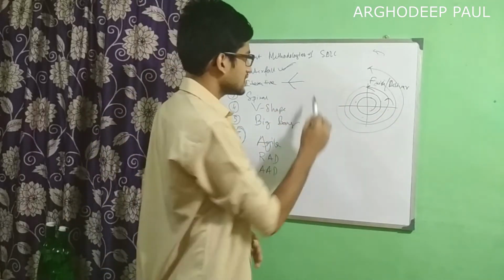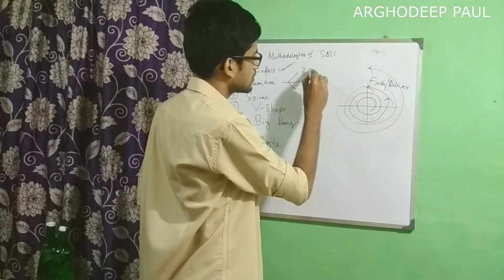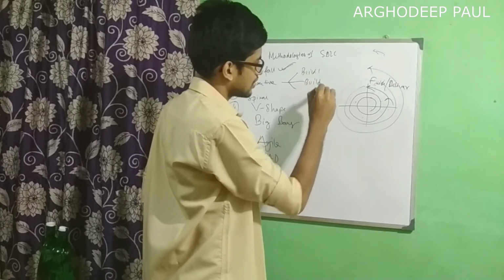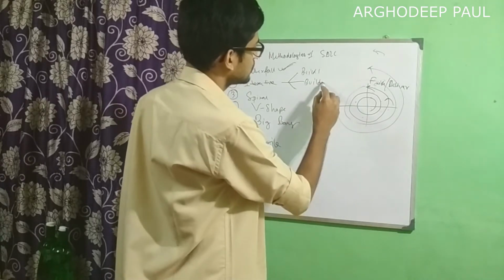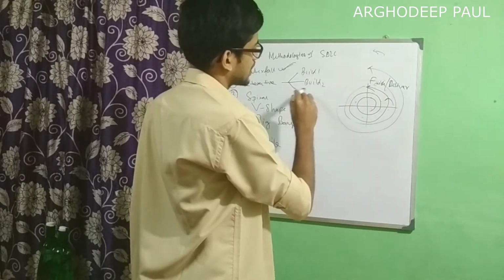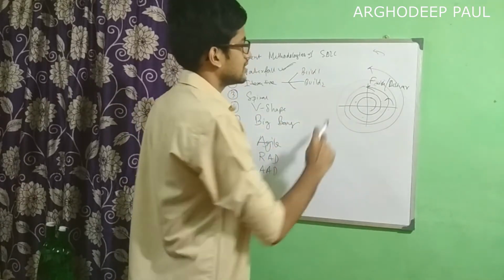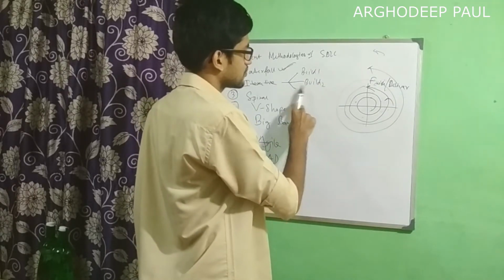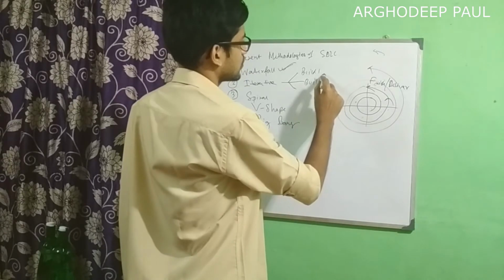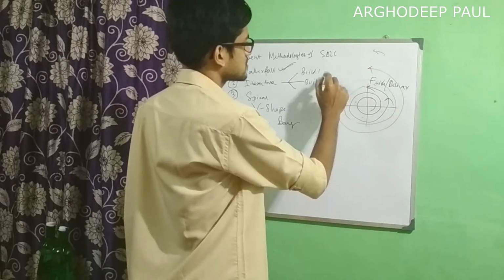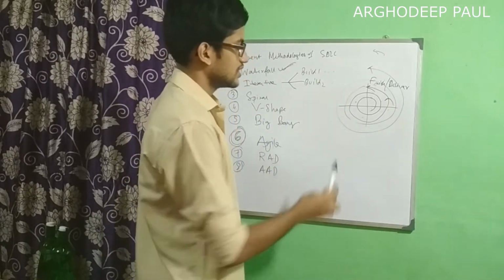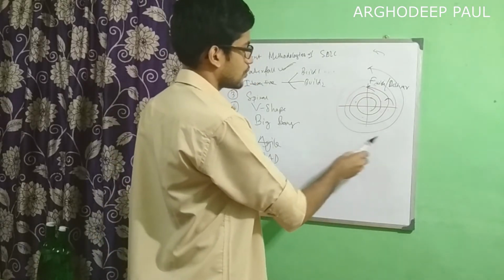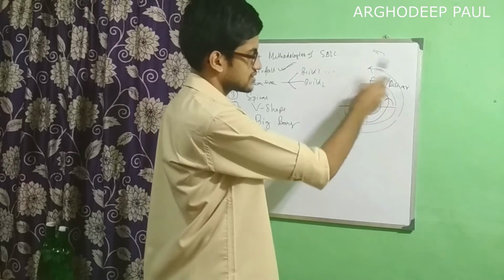And one more thing: when working on build 1, you can also build a dedicated team for build 2. Let's say one team is working on build 1, another team is dedicated to build 2, and both development efforts are going in parallel. But in this case there is no such chance, because only one branch is going in spiral form.